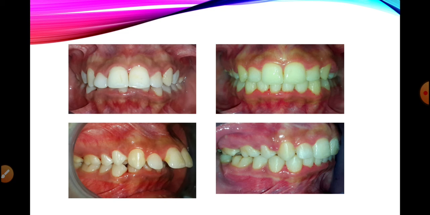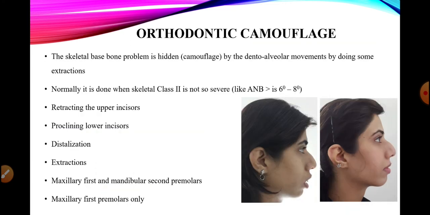So these are basically cases which are not very severe in nature as far as the skeletal bases are concerned. So it is a very severe disharmony with reference to the dental occlusion. So an absolute anchorage was needed to correct this discrepancy. But at the end of the treatment, what we need is a stable incisor relationship, stable functional relationship, and a stable soft tissue relationship. So orthodontic camouflage usually is done in cases where the discrepancy is not so big, and